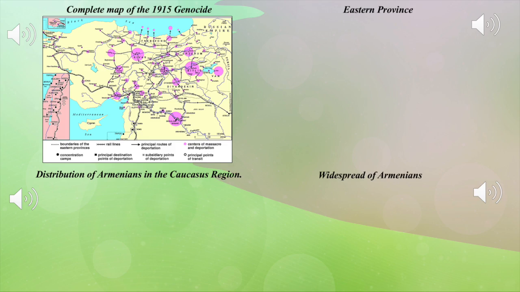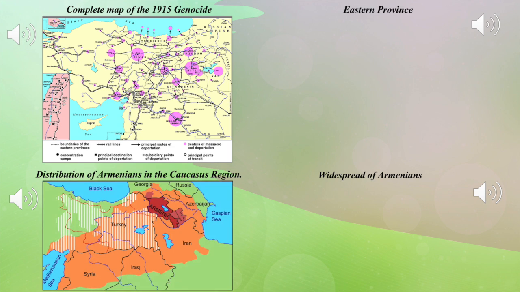In this photo, the big pink circles is where the massacre took place. In this photo, you see colored in dark red is what we know to be the current nation of Armenia. The shaded white area is where several Armenians were living before the genocide occurred. So you can see that many of them were living in Turkey before the massacre happened, in Turkey, which was then Ottoman Empire. And depicted in the lighter red color are neighboring countries where many Armenians live today.